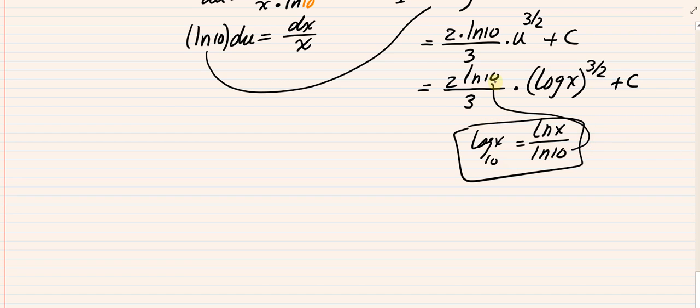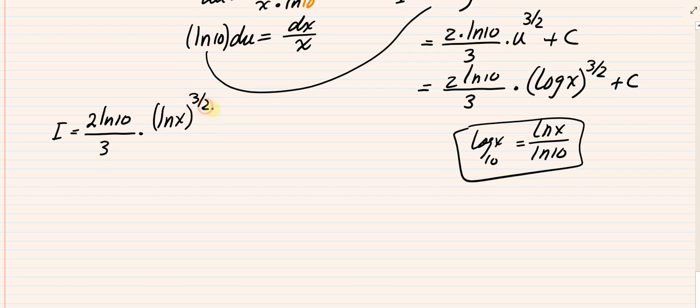Actually, interesting. So there's a natural log of 10 there. So let me do that actually. This looks promising. So I'm going to write 2 ln of 10 divided by 3 times natural log of x to 3 halves divided by natural log of 10 to 3 halves plus a constant. Now ln of 10 to 3 halves,